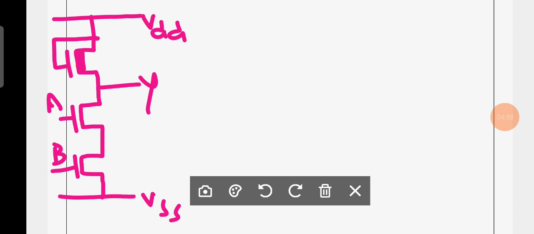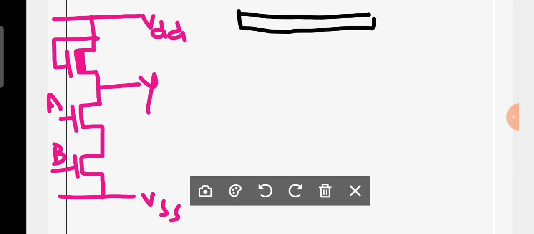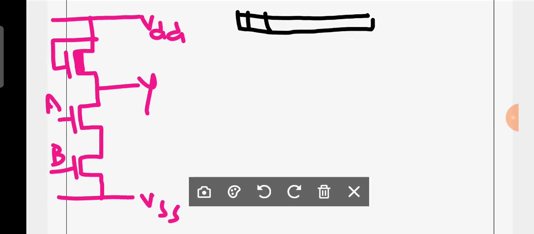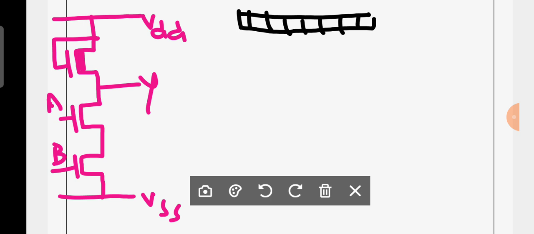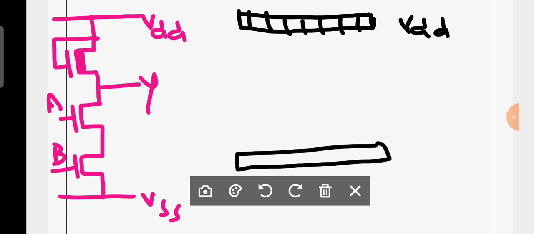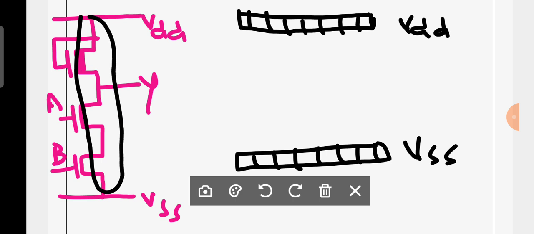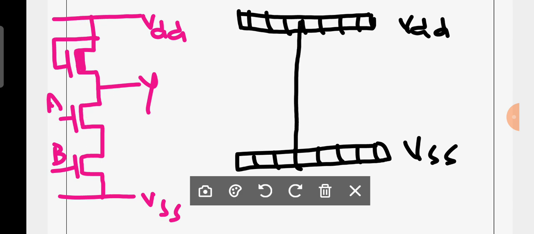Is it okay? Now you can observe the 2 input NAND gate. Now this is a 2 input NAND gate using Nmos logic. Now you can observe how to design the stick diagram. First you have to take metal, by leaving sufficient space, you can tell it is a VDD, and it is VSS. Then once again, if you observe this diffusion, it is very straight, therefore you have to draw a straight diffusion,